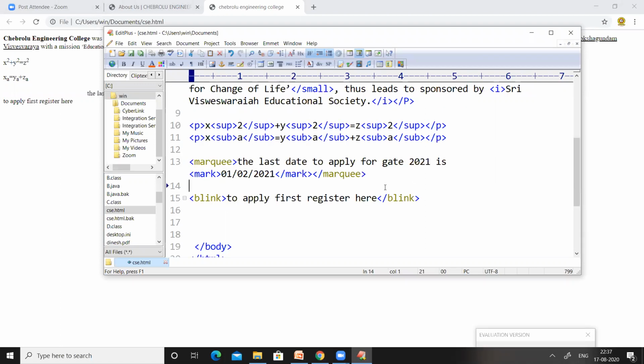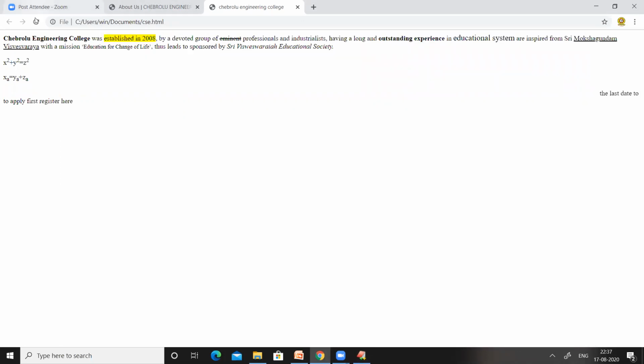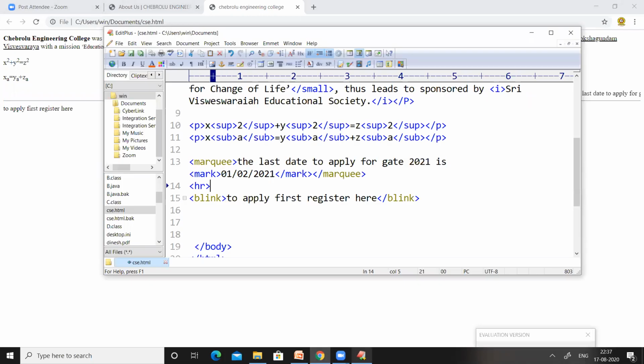Coming to the next tag, here I am using a tag called the HR tag. Let us see what happens if you use this particular HR tag. This HR tag is an empty element. We have already studied empty elements: the elements which do not have any content, or which do not have any end tag, are called empty elements. In today's class, up to now, we have seen multiple tags called bold tag, italic tag, underline tag, strike through, superscript, subscript, and then big, small, and so on.